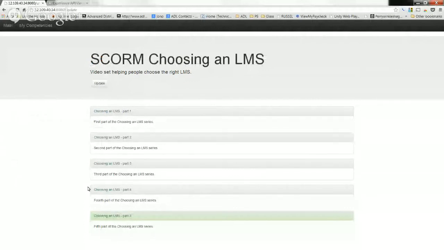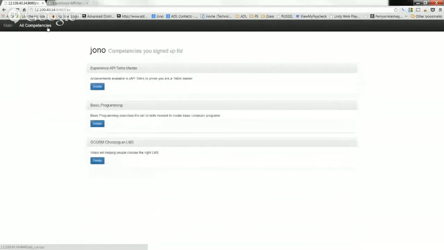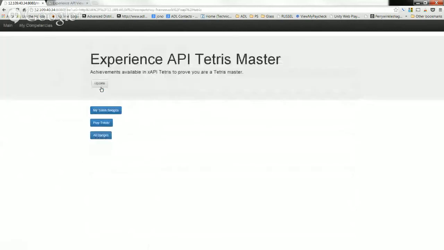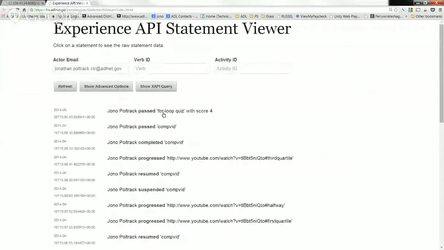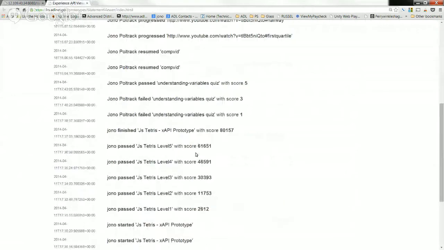Okay, so to try to figure this out, we started with examples that we had from way back at the BAA. We were given examples on how to use the Experience API, and one of those was the Tetris example. In that, you actually get to play Tetris, and as you play, your progress and your success is reported to an LRS. The cool thing about it is it has more information than just passed or failed. You actually get to know things like how many lines you got, what your score was. So there's a little bit more data around it.